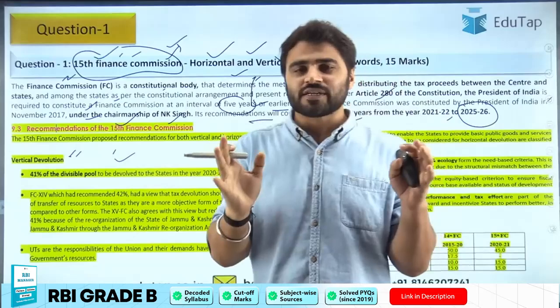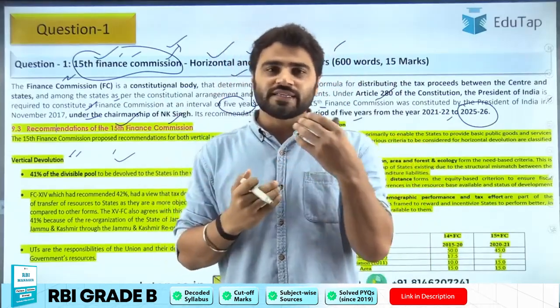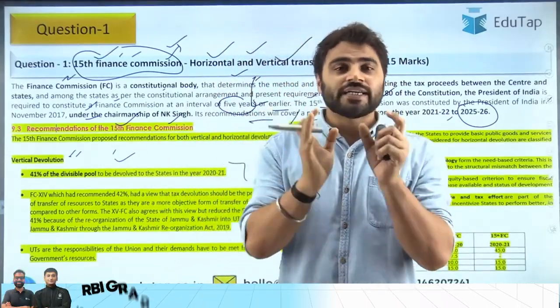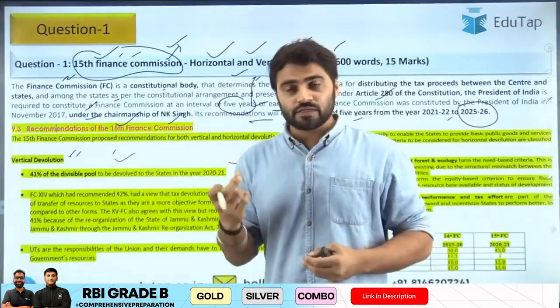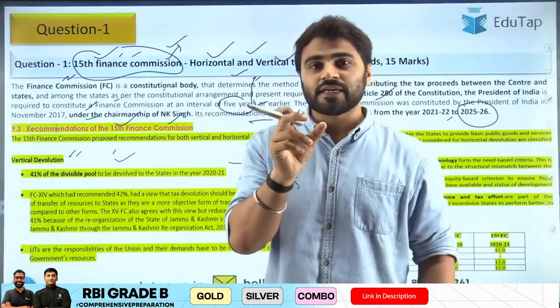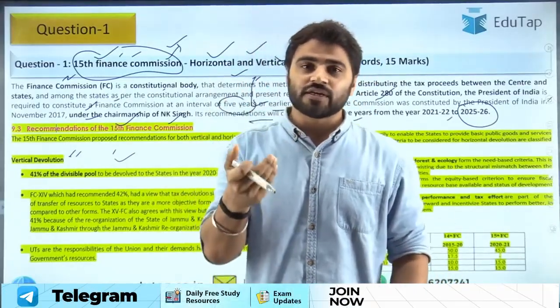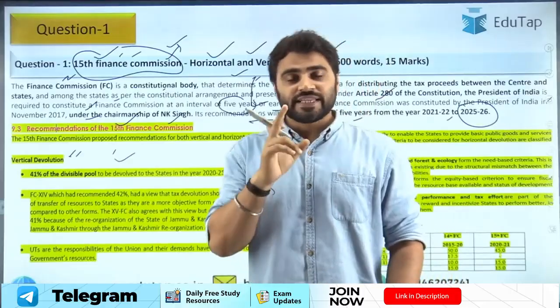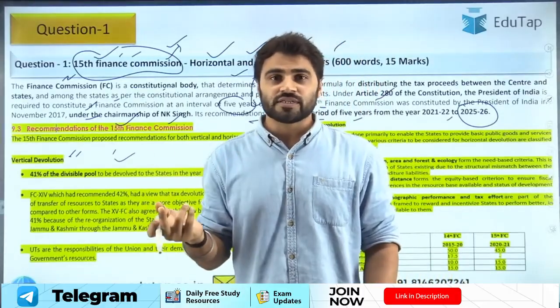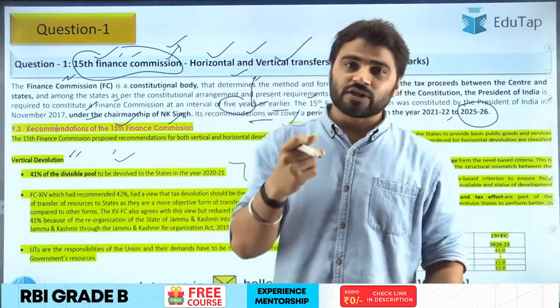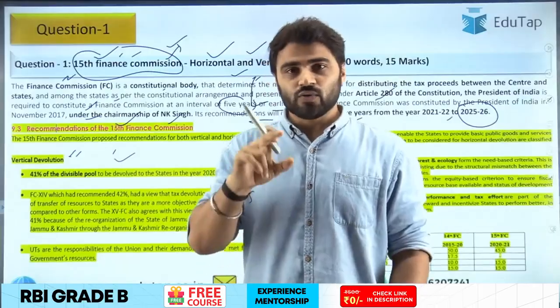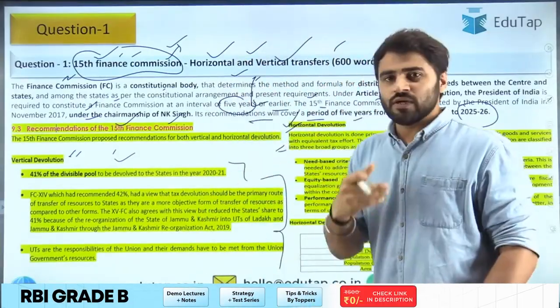So this is the overall structure. First of all, you need to read the question carefully. You need to identify the question. You need to identify the main word which is mentioned in the question, and after that, you have to break that particular question into different micro questions. And guys, you have to follow the introduction, body and conclusion format to express your ideas, to write the answer